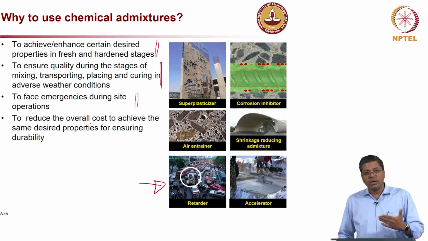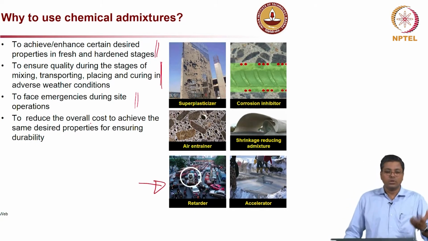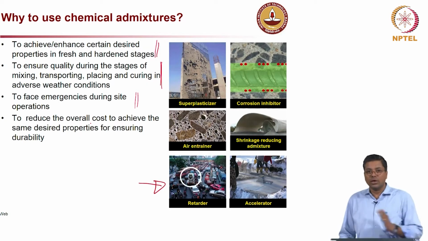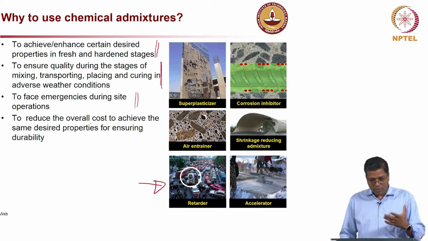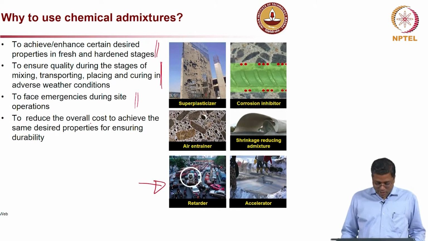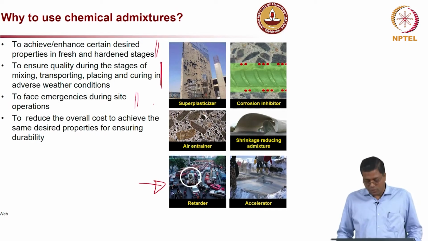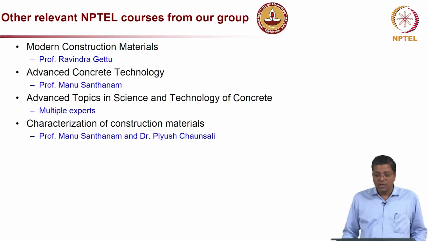Why we are saying overall cost is because when you add these admixtures into the concrete, the unit cost of the concrete might increase slightly. However, you have to think about the entire system, and if you really look into that, you will end up having a peaceful concreting. So, definitely the overall cost is going to decrease, because you will not have much hassle in placing the concrete, and at the end you will get a good product. So, essentially the overall cost is going to be better.